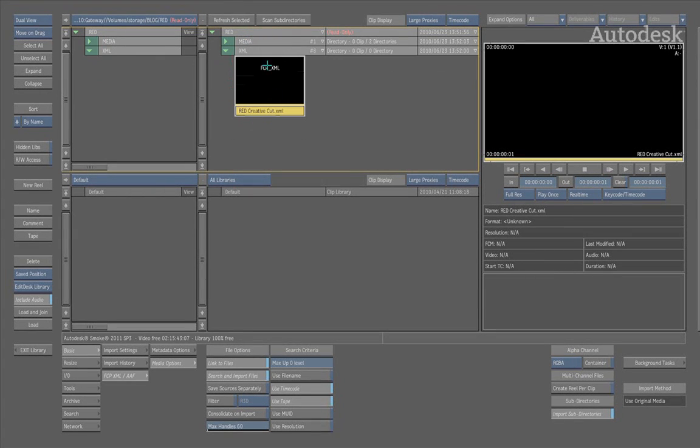So when I go ahead and build a conform with an XML, what would typically happen is as I drag and drop this, it will always search within the directory that it's looking in. So for example, if I just try and hit conform this XML without adjusting a setting, it wouldn't find anything. However, what we needed to do is we need the XML to go ahead and search above its level of directory where it's at. So for example, we needed to literally step back up to the root level